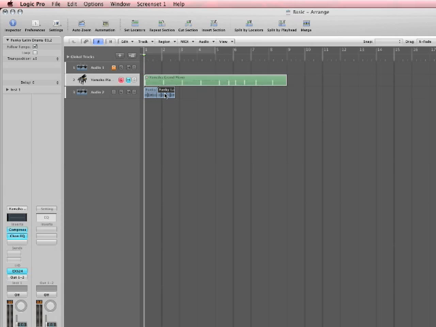Now, what's funny is you see it didn't crossfade these two because they're Apple loops. Apple loops don't really adhere to the same rules as digital audio. So what I might do is